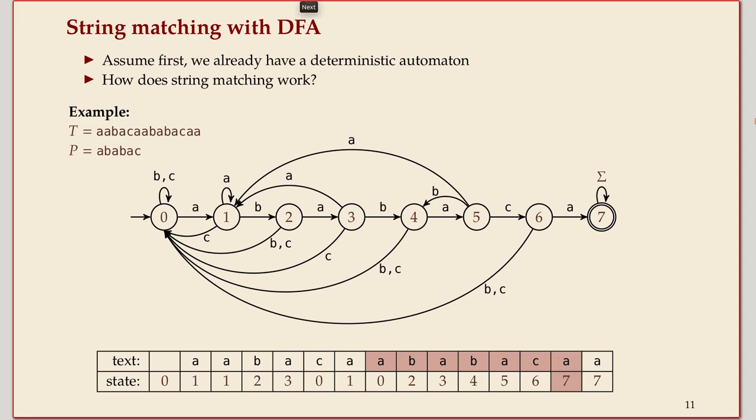There's always exactly one position where you have to go next. And if you keep doing this with this specific text, you will find that you end up in this accepting state. So there's an occurrence of the pattern here, but I haven't told you really how this DFA has anything to do with this pattern. But if you look at it,